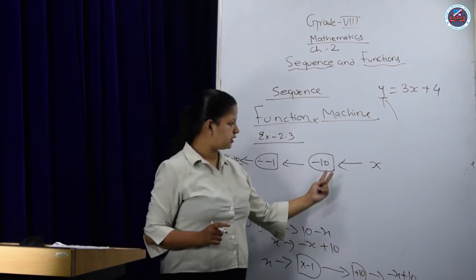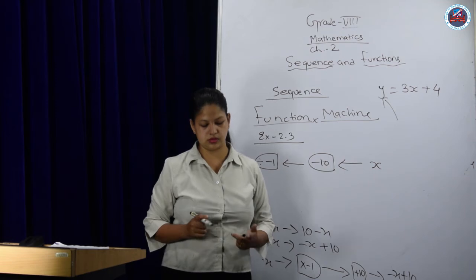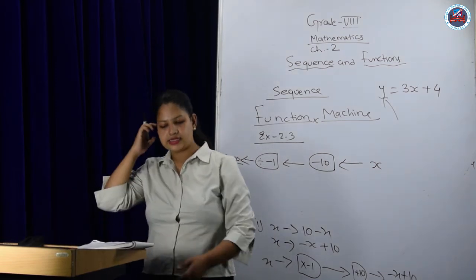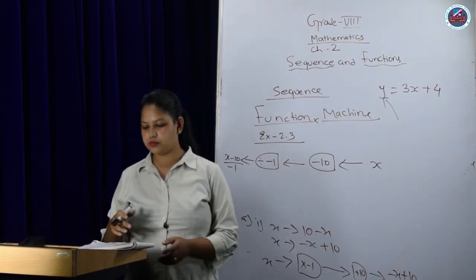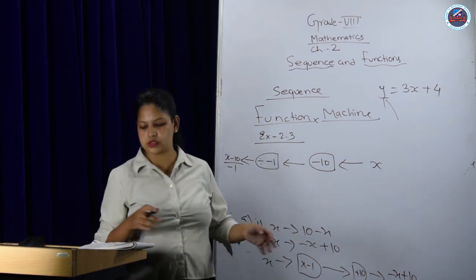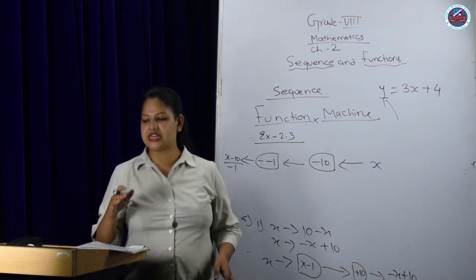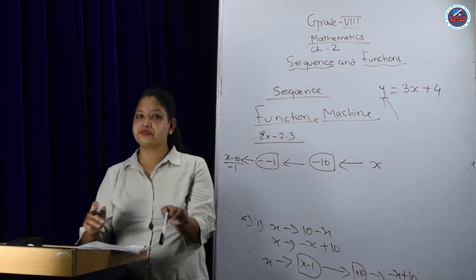It will not be this side, it will be the other way around. So like this, please complete question number 5 as well, and number 6 as well. It's like a word problem only, but the same thing has been written. Please complete that. And once you are done with it, please complete the end of unit review also.